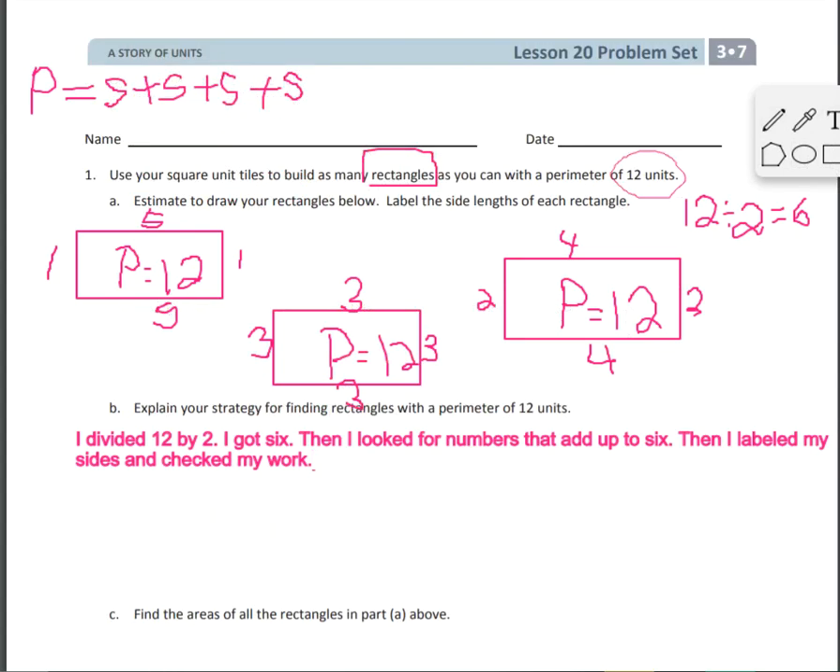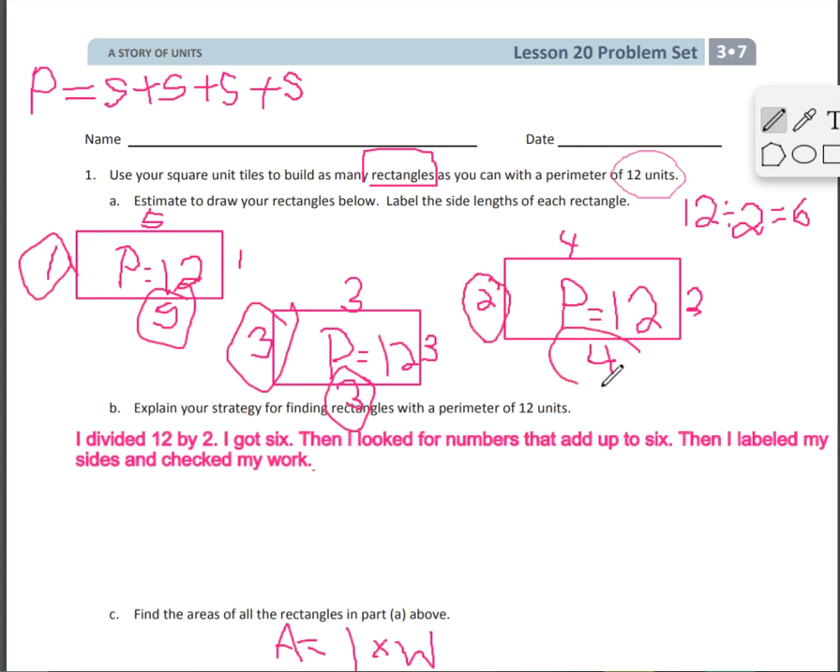When we talk about finding the areas of the rectangles in part A, remember, area is length times width. You need to multiply. So it's multiplying one side by another side. All of these numbers are pretty easy, and I don't think that I am going to tell you what those